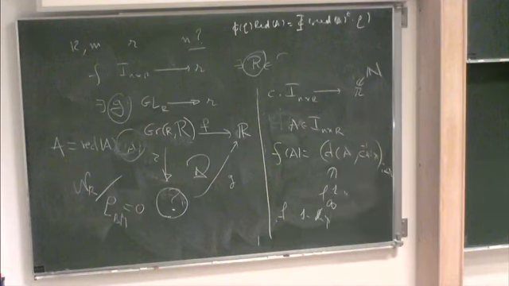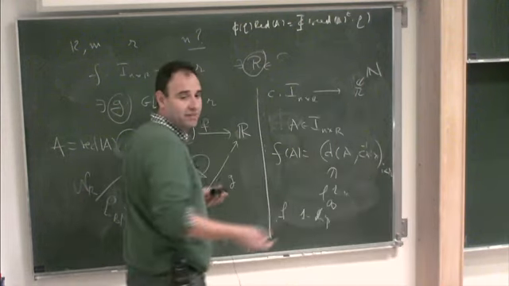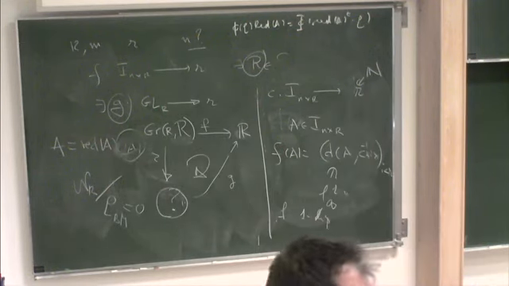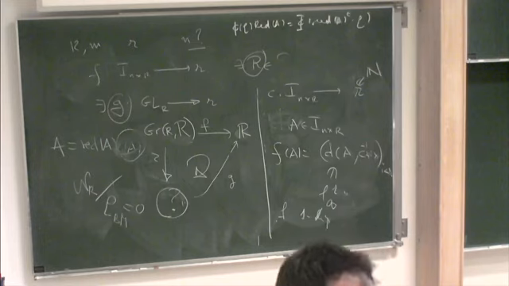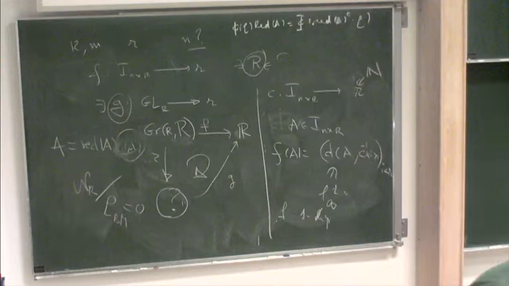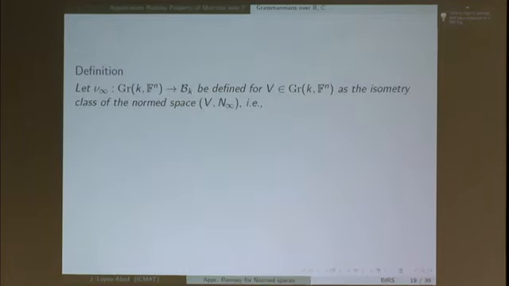This is not a distance because this is equal to 0 if and only if there is an isometry which moves M to N. Okay? So, for example, N infinity and 2 times N infinity are the same. They have a distance 0 because you can take the matrix which is 1/2 times the identity, and this moves one to the other, or 2, maybe 2. As I said, it is 2, right? 2 times the identity moves one to the other, and they are not the same, but they are isometric. Now this is a compactum. That's why it's called compactum, right? And now,